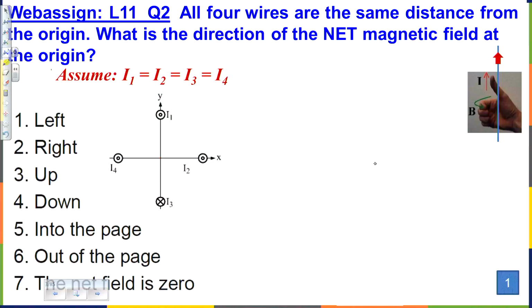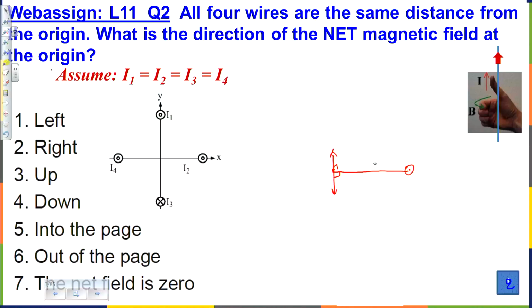Wire number 2. Current is out. That's the origin. Now we know what to do. We just have to draw a radius of that imaginary circle from a wire to the location where we're measuring or calculating field. Now, magnetic field vector must be perpendicular. Technically, we have two options to choose from, still perpendicular. One option is wrong, another option is correct.